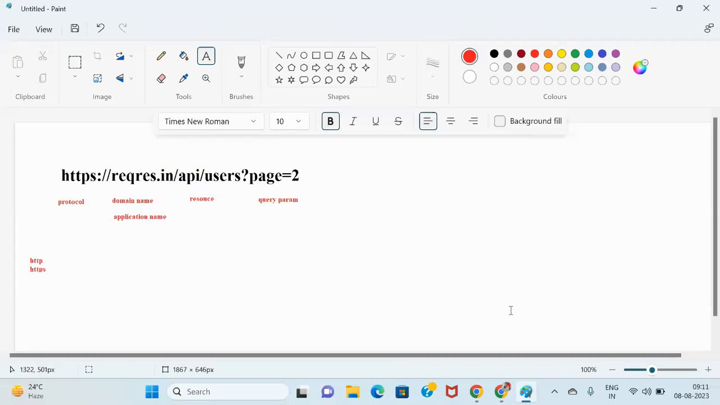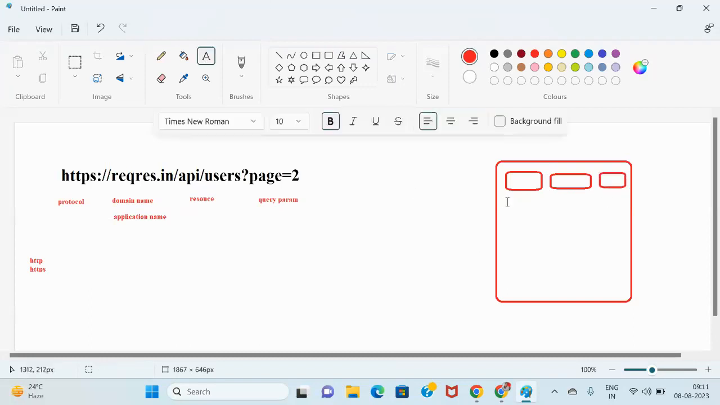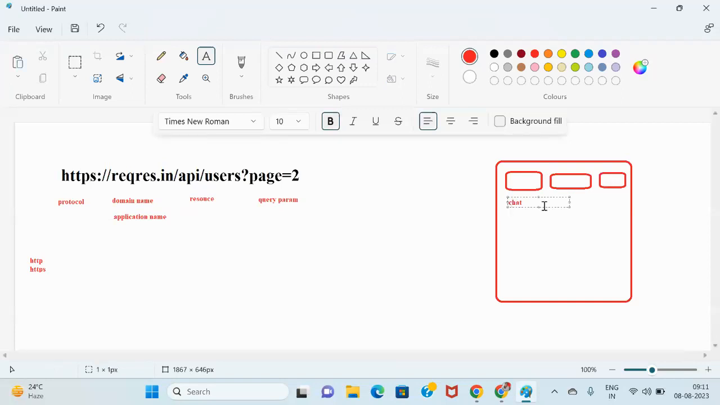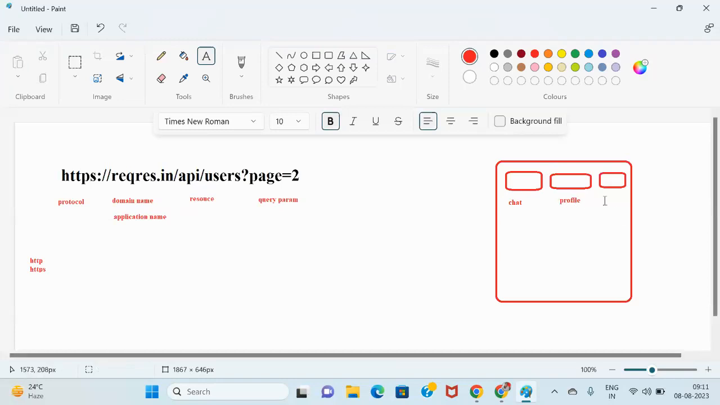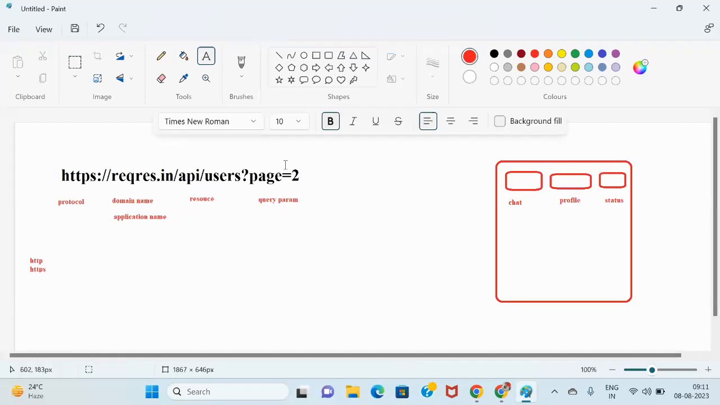Inside an application we will have multiple functionalities, right? Consider this is WhatsApp. Maybe here I have a chat functionality, here a profile functionality, and some other functionality, a status functionality. So here chat, here profile, here status. Okay, so if I want to reach the chat resource,